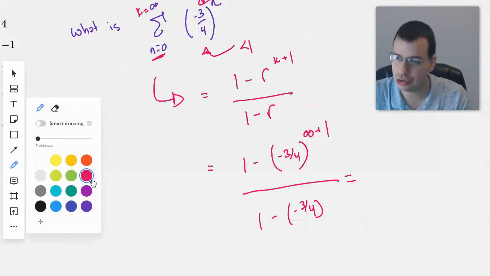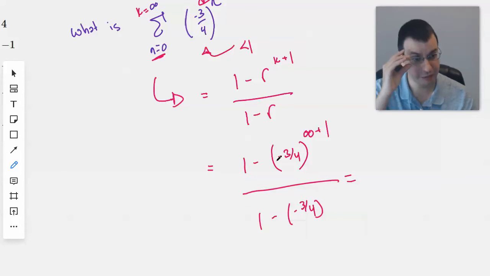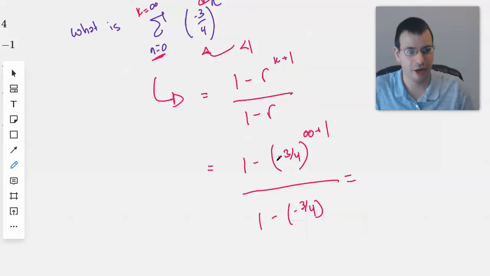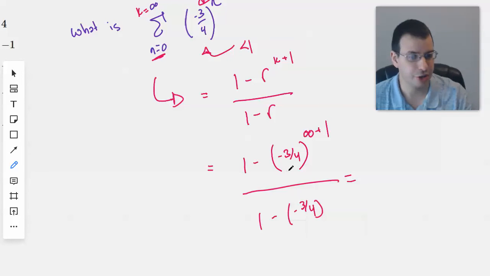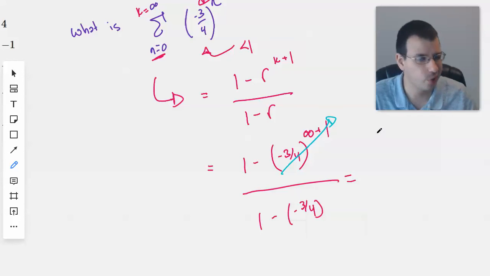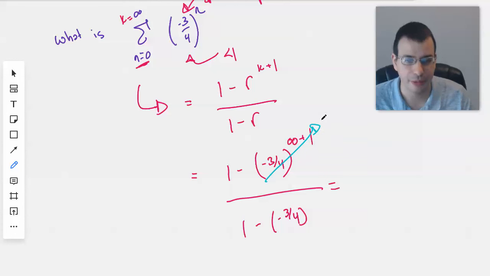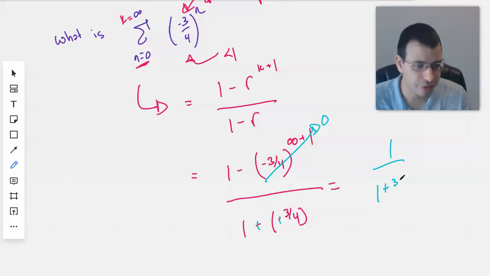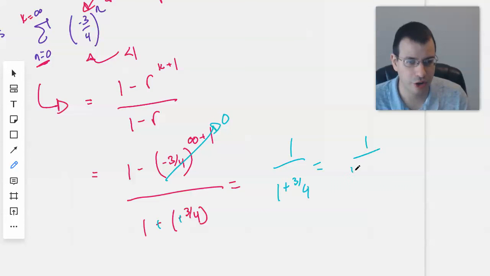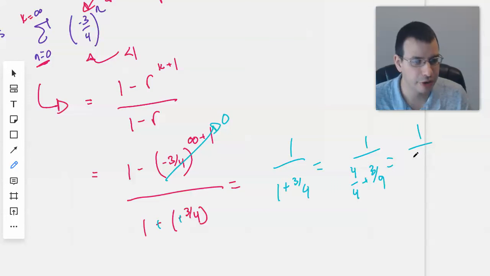And so you should see, hopefully, that when you take a fraction that's less than 1, raise it to the infinity, let alone the infinity plus 1, it's going to go to 0. And if you don't believe me, you can take your calculator, do 3 divided by 4, which is 0.75, raise it to like, I don't know, 100. It'll be pretty close to 0. This goes to 0, and what we're left with is 1 over 1 plus, because it double negatives, 3/4. Rewrite that a little bit, and we get 1 over 4 plus 3 over 4,